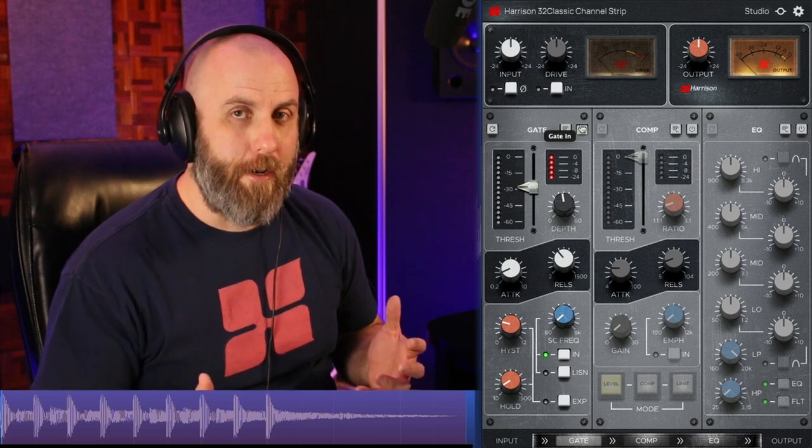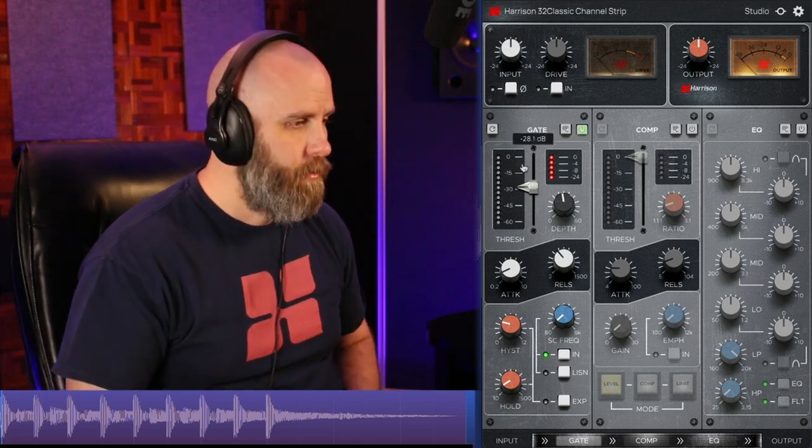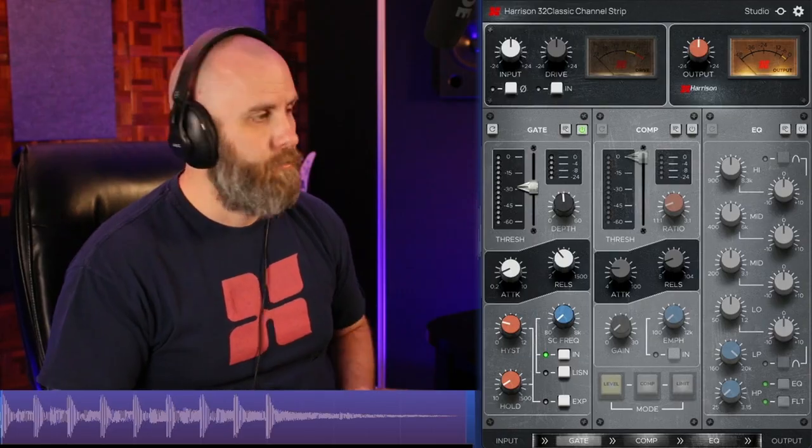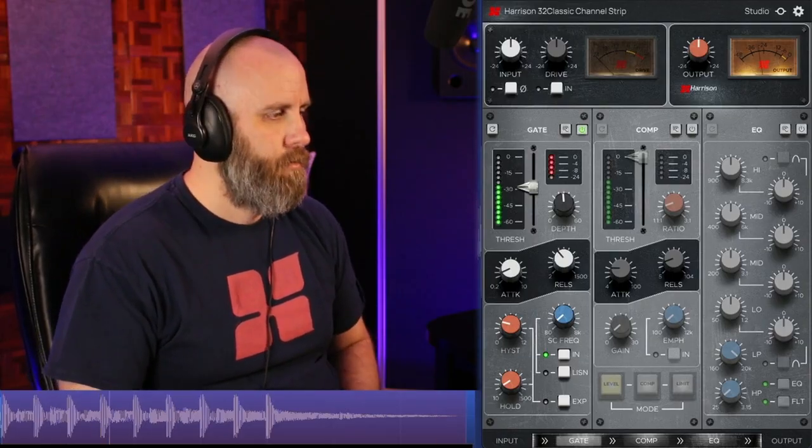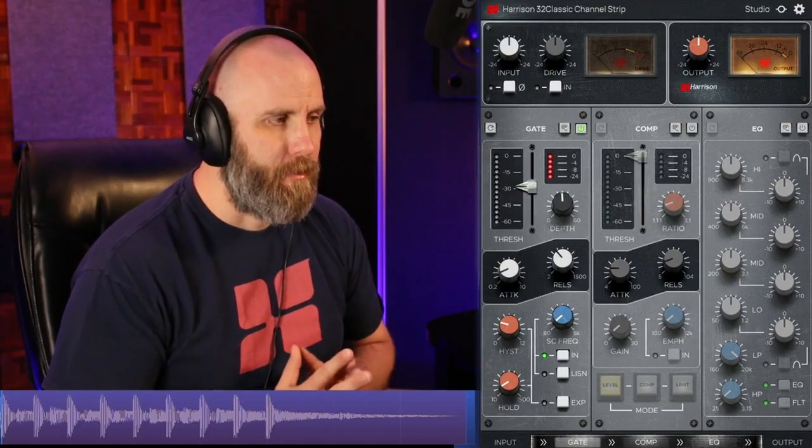Okay, so you no longer hear the cymbal ringing out. And as low as that is in the noise floor, you won't hear that in the full drum mix. So here's the drums all by itself. Okay, and speaking of full drums, we now have this on the drum bus. So let's go ahead and do some processing on the compression and the EQ to see what we can do